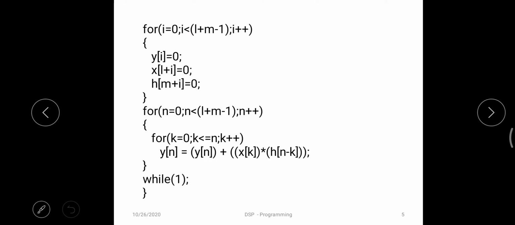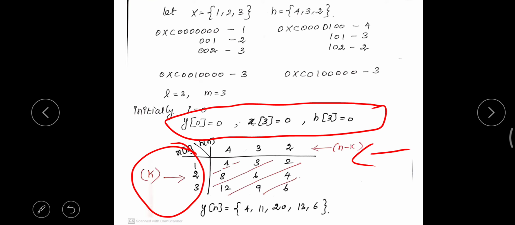Initially, when both the for loops are at initial values, that is n is equal to 0 and k is equal to 0, now your y of 0 will become y of 0 plus x of 0 into h of 0 minus 0. Which means that y of 0 is equal to y of 0 plus x of 0 into h of 0. What is x of 0?